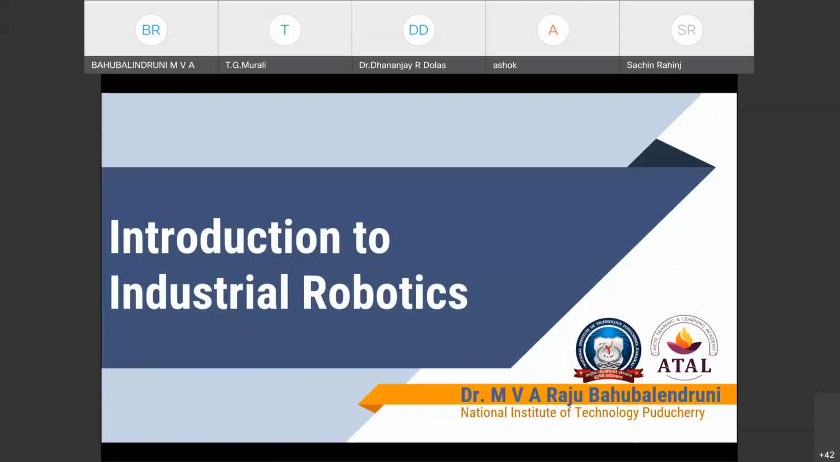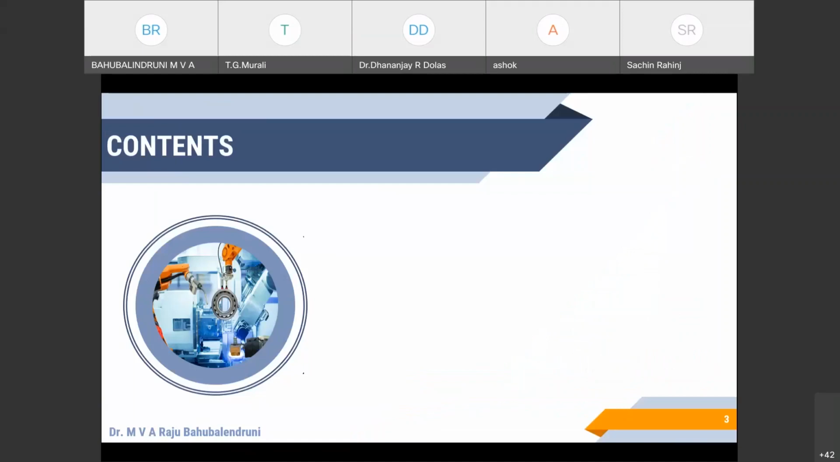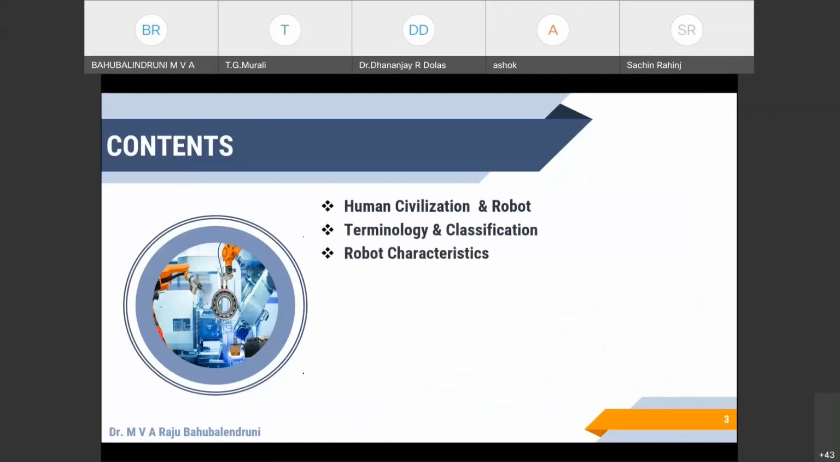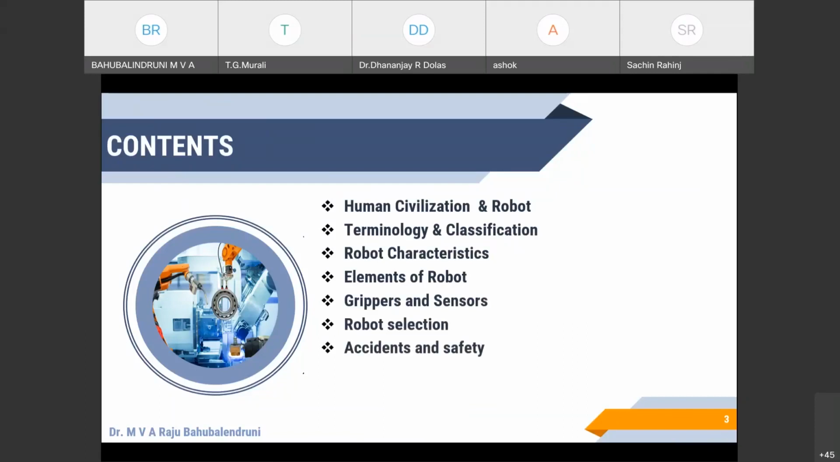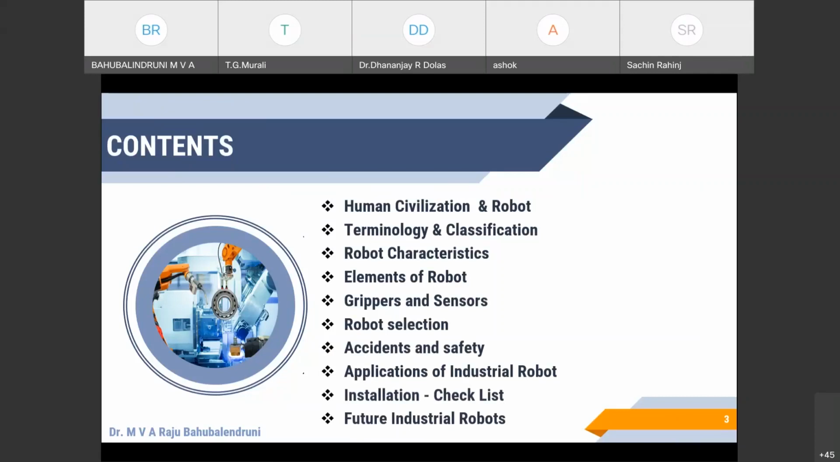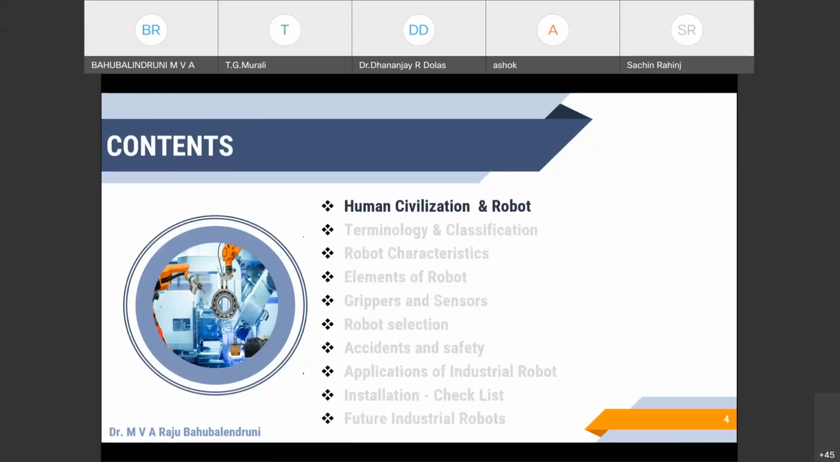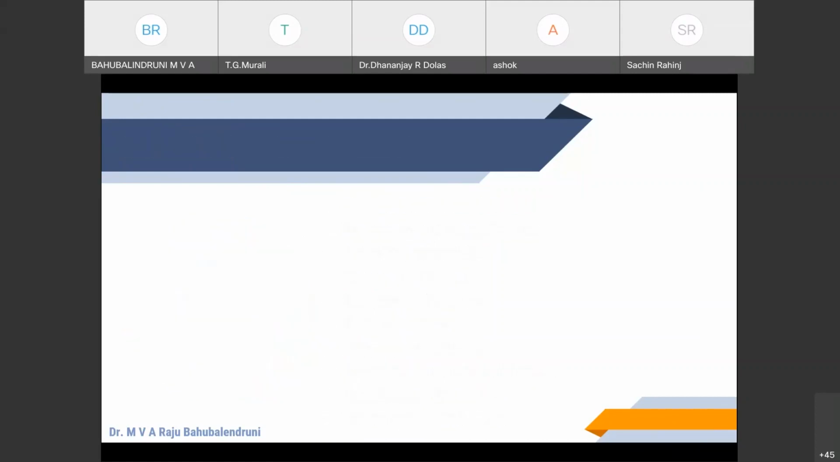So this session is planned to give the introduction to robotics. The contents are planned like the human civilization and the robot, the terminology and classification of robots, the robot characteristics, elements of robot, the grippers and sensors used for the robot, the selection of robot, accidents and safety of the robots, applications of industrial robots, and installation checklist. Finally, the future industrial robots. So the human civilization and robot,